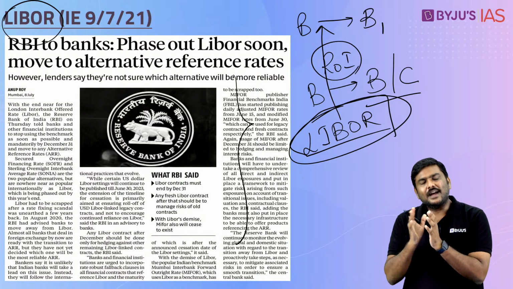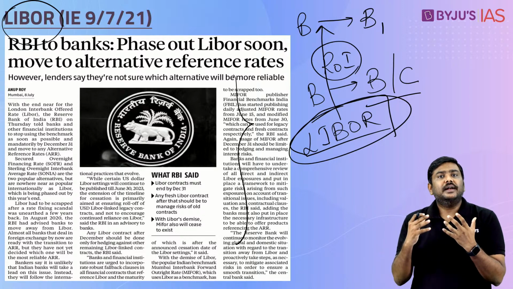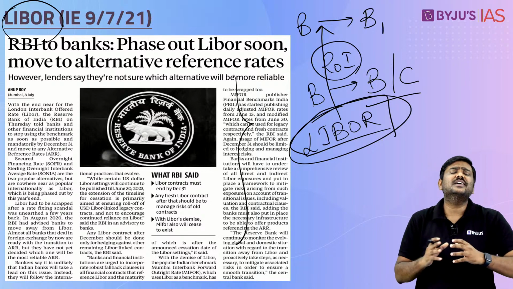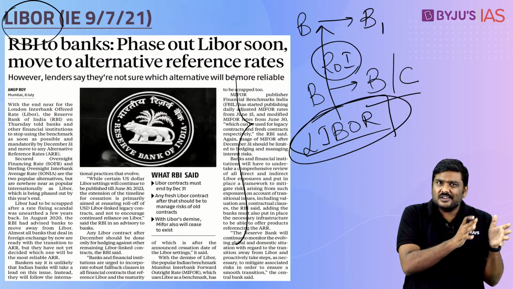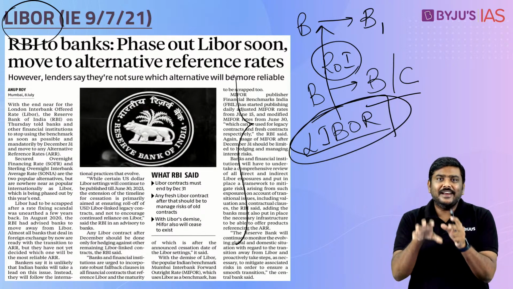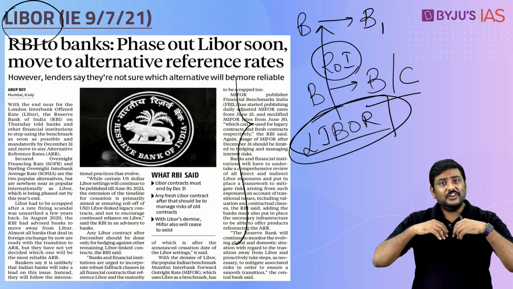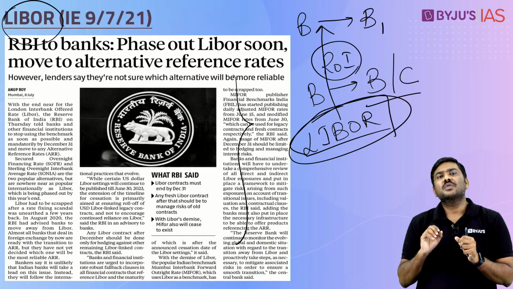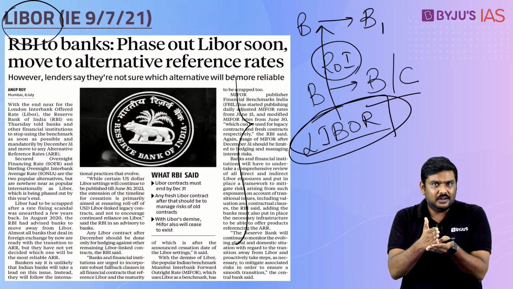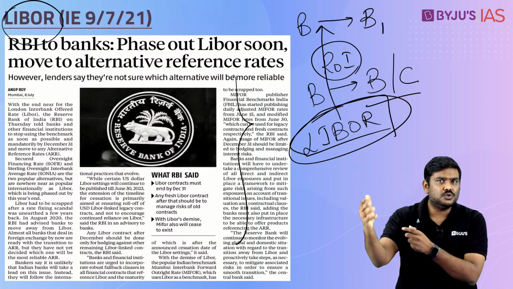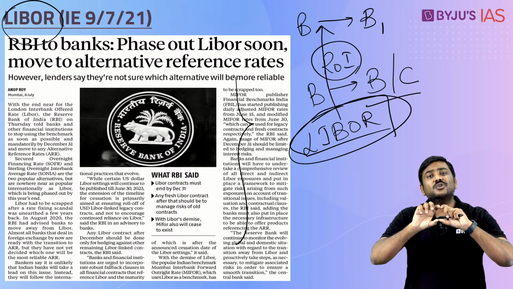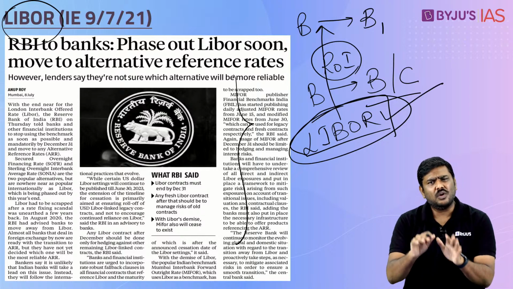Now, I have already mentioned that more than $350 trillion worth of financial transactions are using LIBOR. But during the financial crisis post 2008, there was a scam which broke out relating to LIBOR. Generally, the calculation of LIBOR is done like this. Different lenders have to report the rate of interest at which they are going to give loans to other banks. And based on these estimates, they calculate this rate of interest, which is called LIBOR.